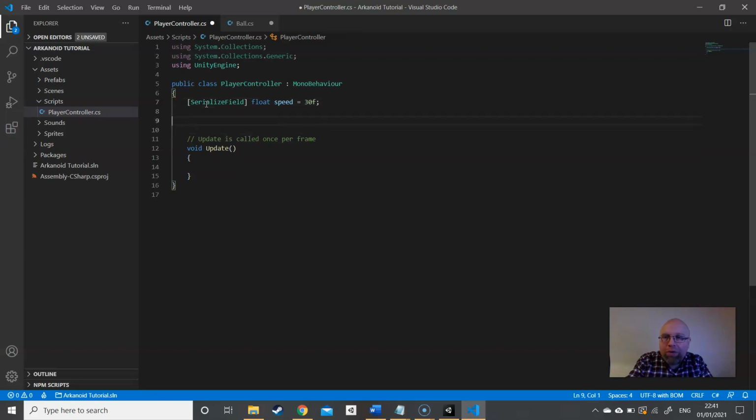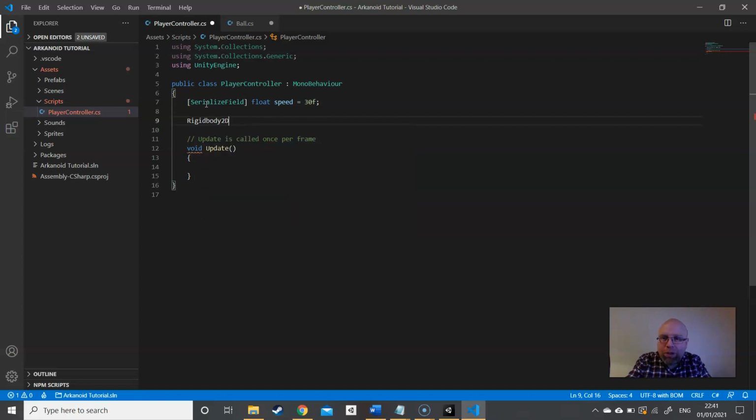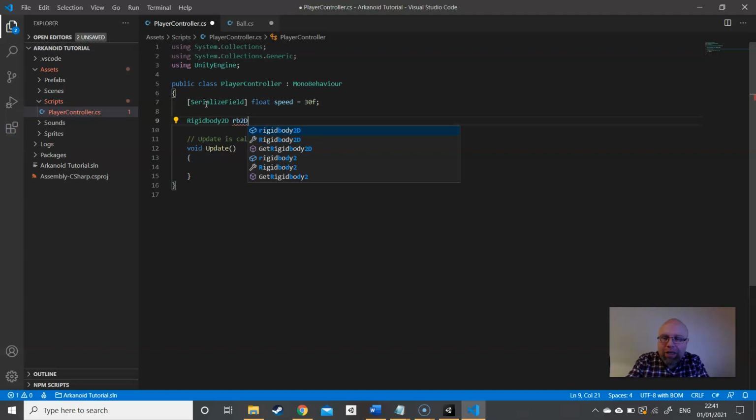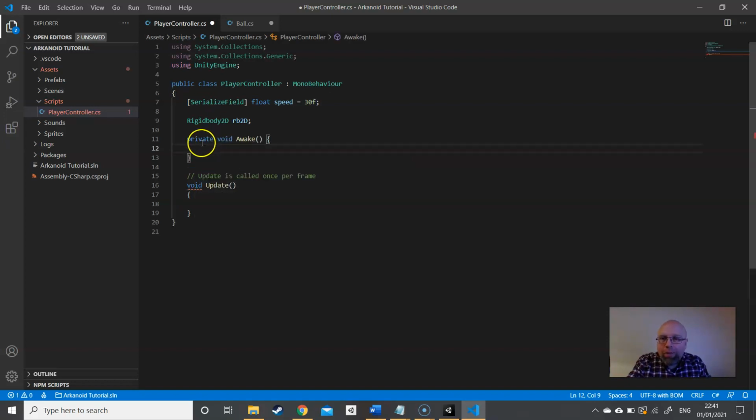To move, we need a Rigidbody2D. So let's get a reference to that. Rigidbody2D, rb2d. I'm hitting escape so it doesn't auto-complete that for me. And then we need to get to that Rigidbody2D, and we want to do that in a function called Awake. Now, it's auto-generating Awake for me